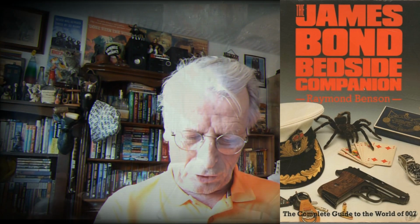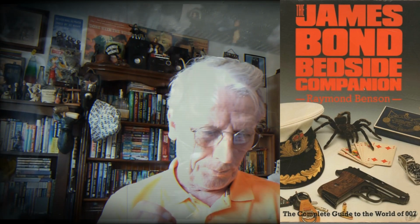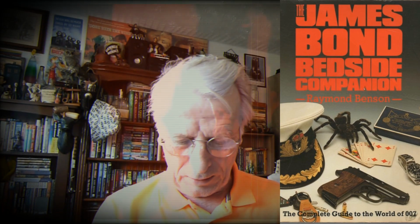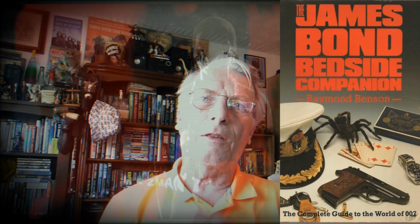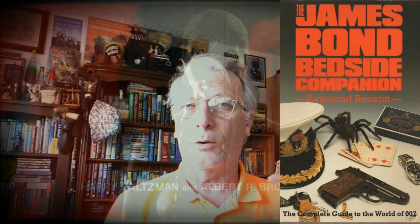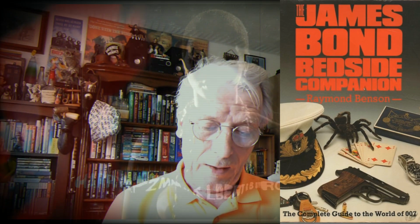Opens up with a section about the James Bond phenomenon, and this is quite a large section. It's incredibly detailed, with some lovely illustrations in here. We've got a lot of the James Bond merchandise there from the first rush of Bond mania, like Bond aftershave, Bond toys. So the section, the James Bond phenomenon, which is one of the really interesting sections in the book, although every section is interesting, goes all the way through into the 70s and into the 80s, and then